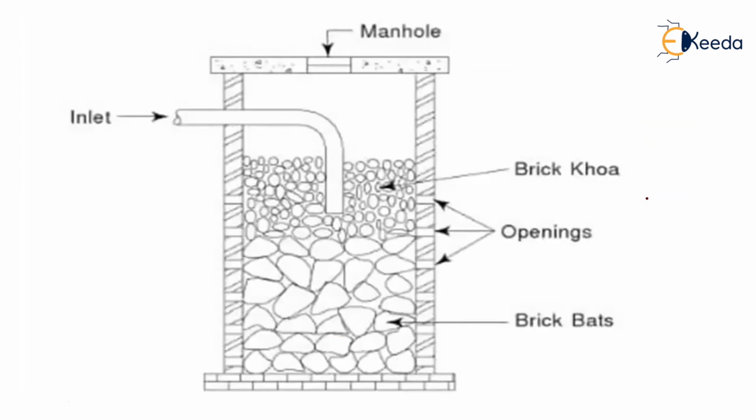Let's see the next. This is a typical cross section; it is not mandatory that it will have the same kind of dimensions. Here the layers are put, the big bed, the porous openings here, and also from both sides. From the other two sides there are also openings kept. It may have openings at other spaces, so it may vary, and it is covered completely. It is a lined soak pit.